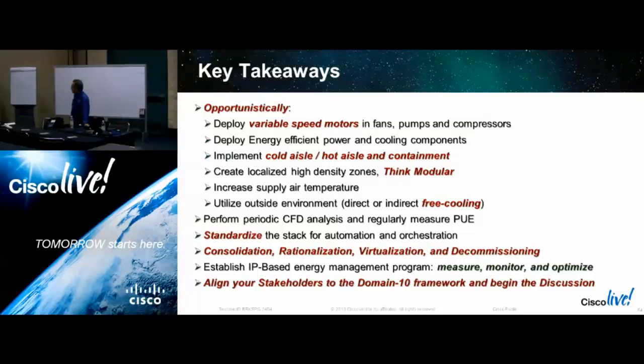Is that what you found too? Pretty much you said more or less it is a binary decision. So you either go AC or you go DC. If you go DC, is it going to be quote unquote HVDC or is it going to be straight line 48? So you have a lot of decision points.